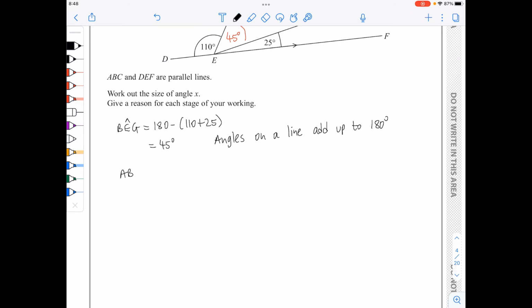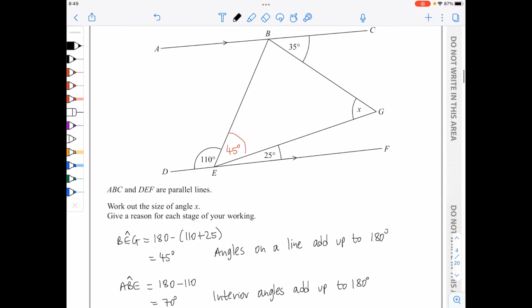So ABE is 180 minus 110, which is 70, and the reason is interior angles add up to 180 degrees. So the 70 will go here,